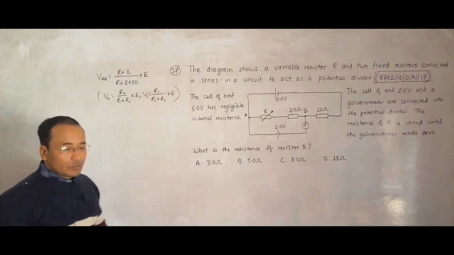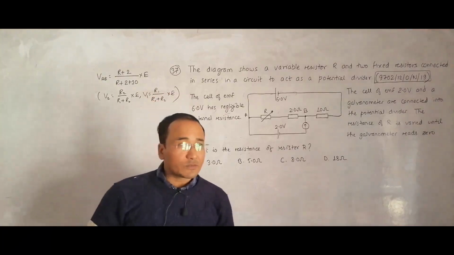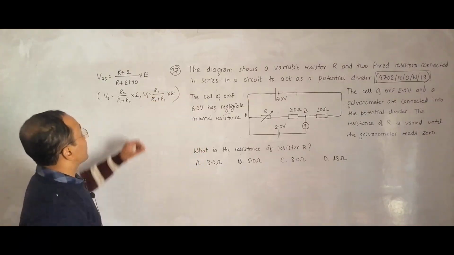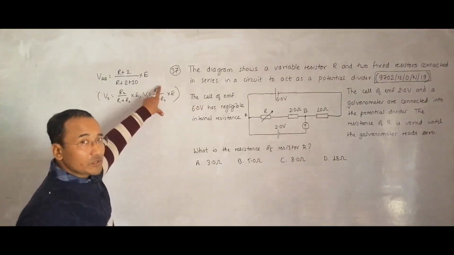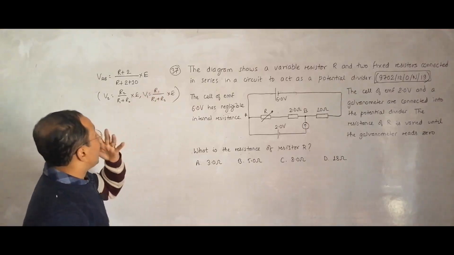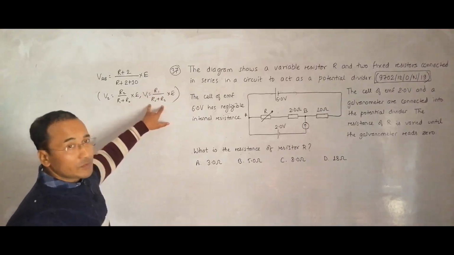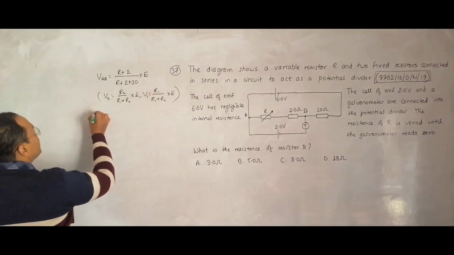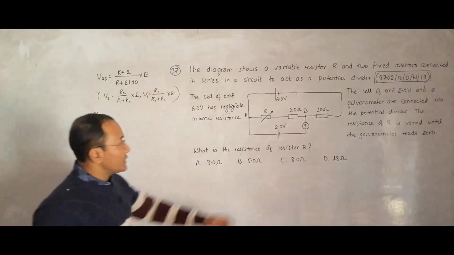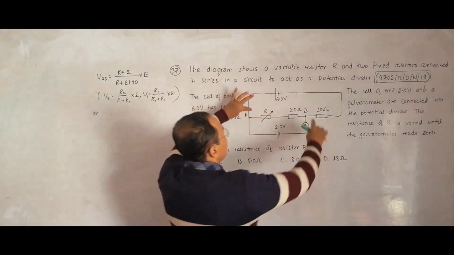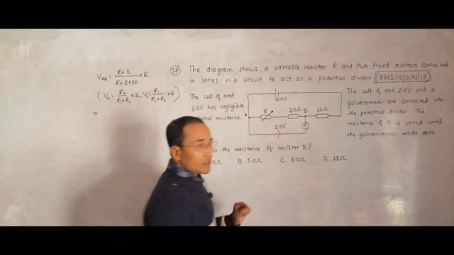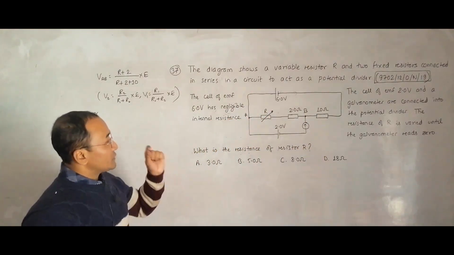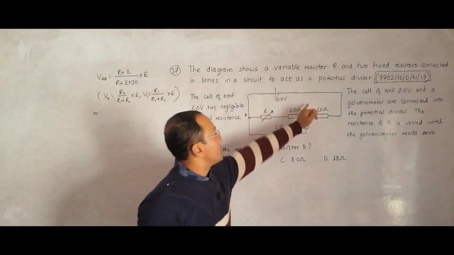So whatever potential difference we have to find, we first need a ratio of the resistances. In the numerator we have the resistance across which we are measuring the PD, and in the denominator the total resistance, then into EMF. Now when there is a perfect balance, the PD across here and this EMF should be equal, so that the forces are equal and the works are equal. So to have balance, this PD must equal this EMF.